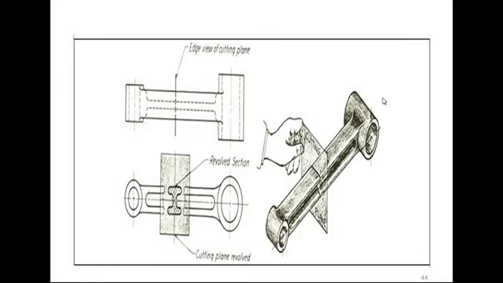See one more example of the revolve section. So what does a revolve section mean? This is an object, this is a front view and this is a top view. We consider this, or we can consider this. When you take a cut at this level, we have drawn this one. But how do we understand how it looks from inside? That's why we have taken a sectional view here, a revolve section.